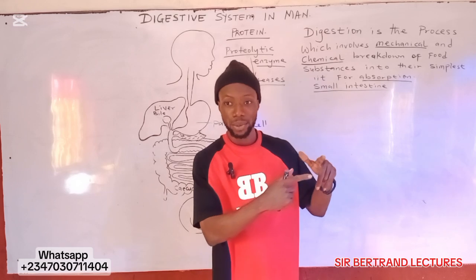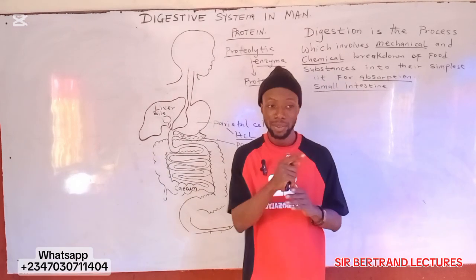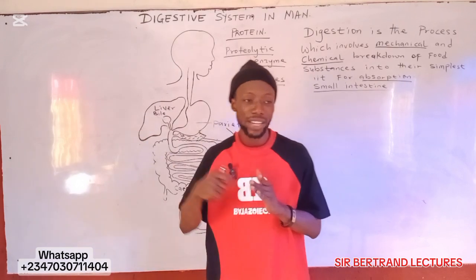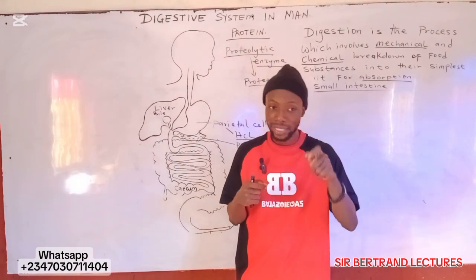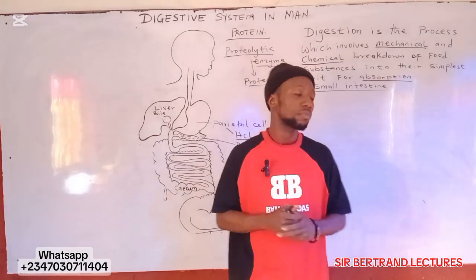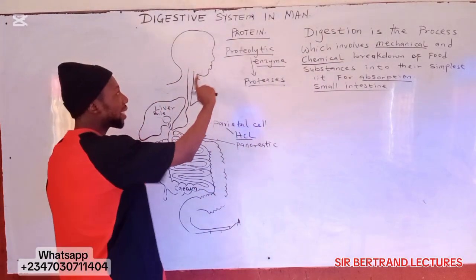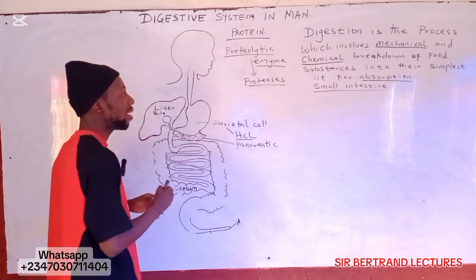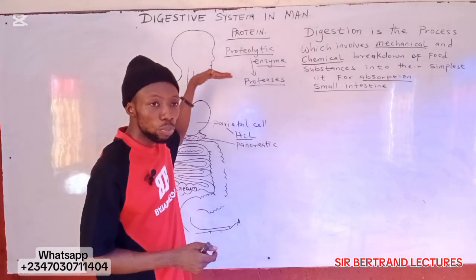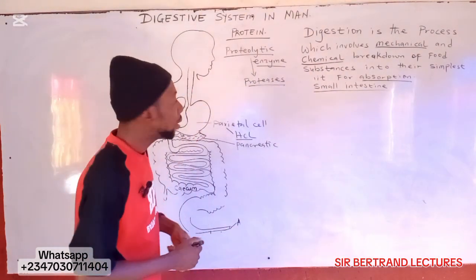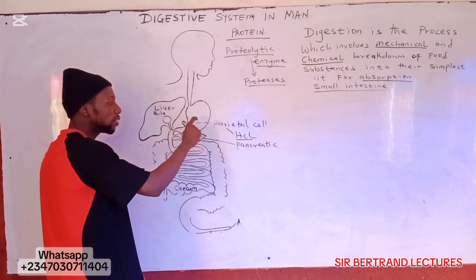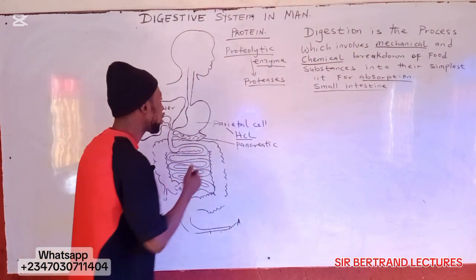You see another point now. Saliva is highly alkaline. Remember, I told you that protein digestion is best in an acidic environment, then carbohydrate digestion is best in an alkaline environment, or you can say alkaline medium. So there is no chemical digestion of protein in the mouth, because there is no proteolytic enzyme, no proteases, produced here in the mouth. So the protein will be swallowed down into the stomach through the esophagus.